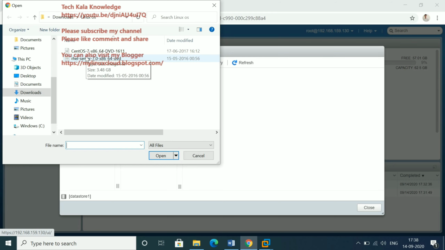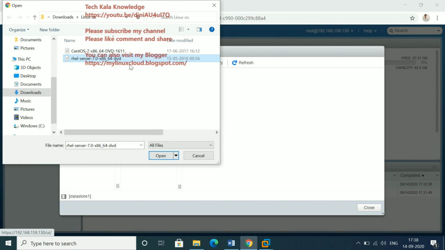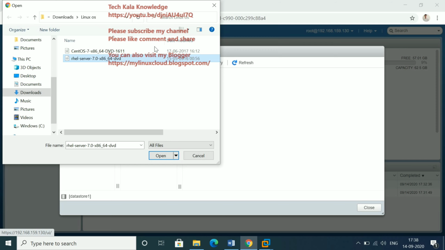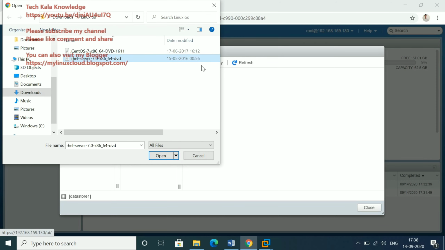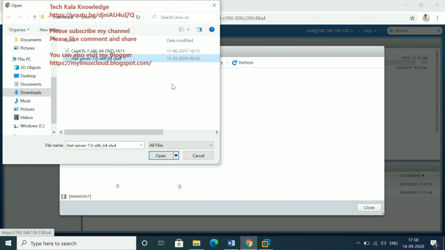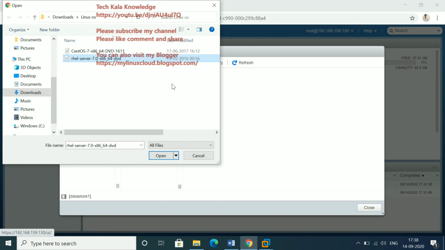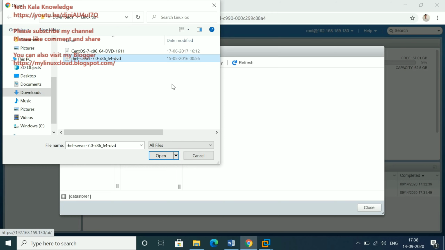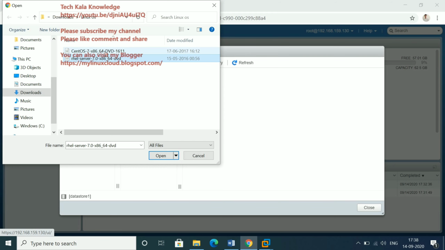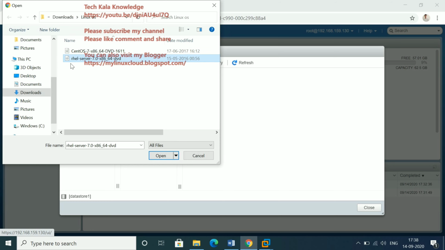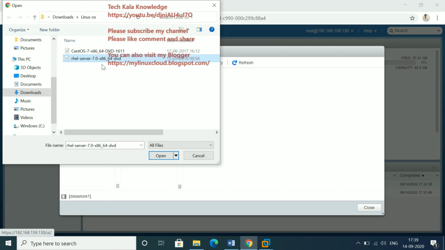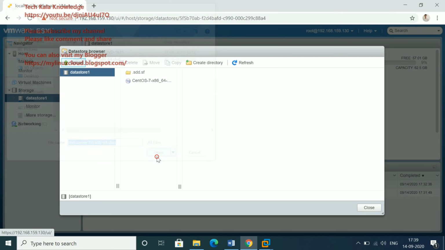I'm going to select Red Hat, because I already uploaded CentOS to my datastore. When we upload, it takes several minutes to upload that file, so if I upload it now, the video will be too long, right? So I already uploaded CentOS, but I'm trying to upload this Red Hat server. Click on Open.